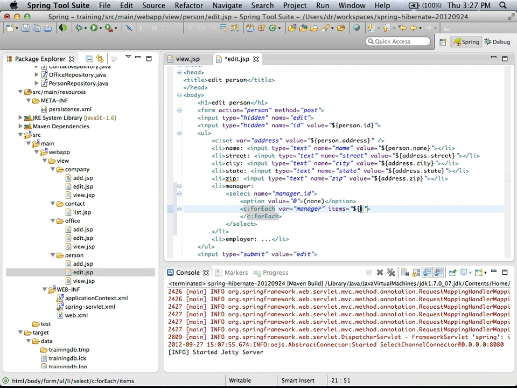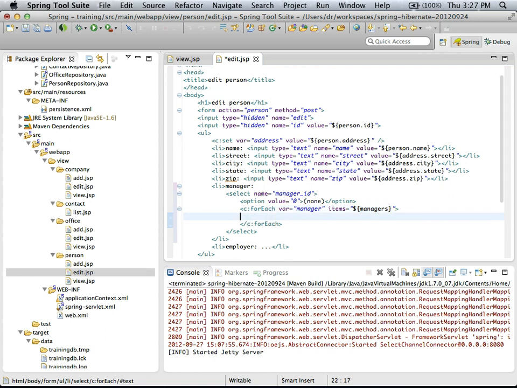Mm, no, we need a list of all the people in the system to choose from as managers. So we're going to pass a new item in the model. So for each manager in managers, we need